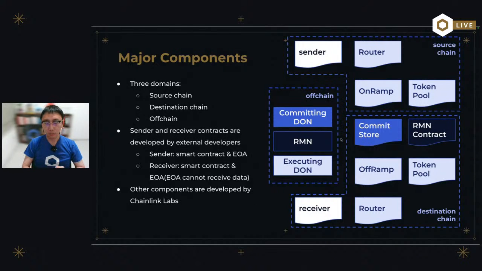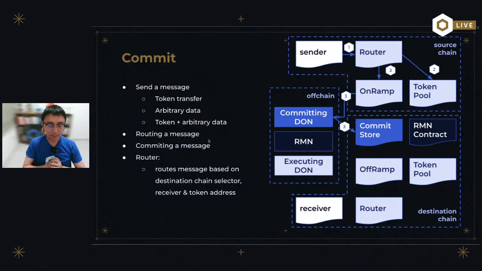So in order to learn more about the function of each role, each infra, we are going to the next slide to explain the steps to make a cross-chain message. The first one, if we want to send a cross-chain message, is called a commit. As a developer or as a user, you can imagine you want to send a cross-chain message. You need to